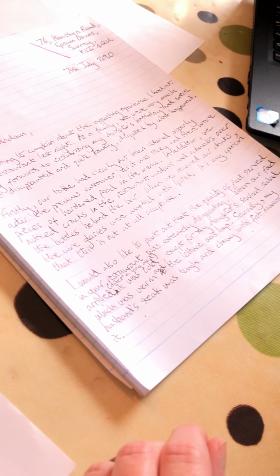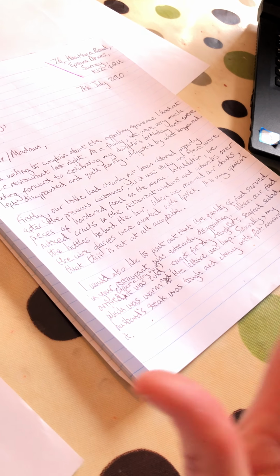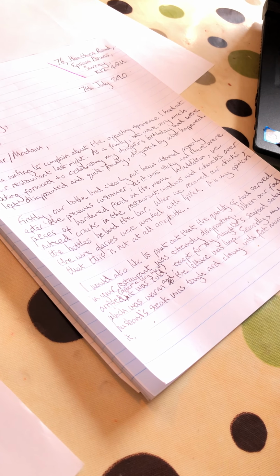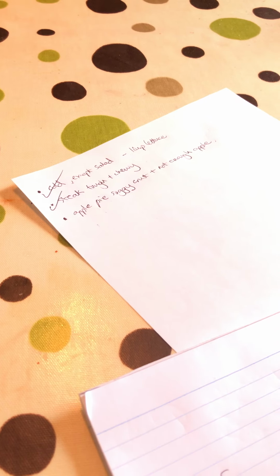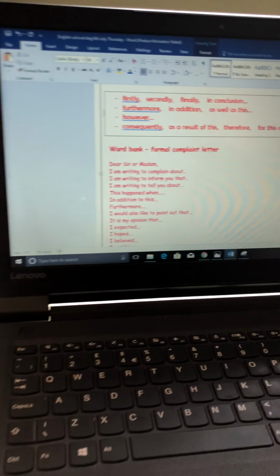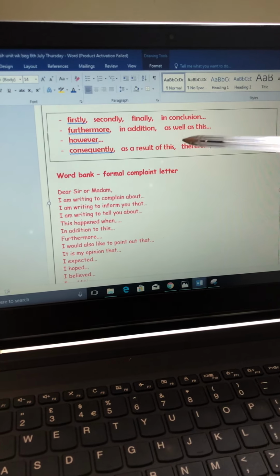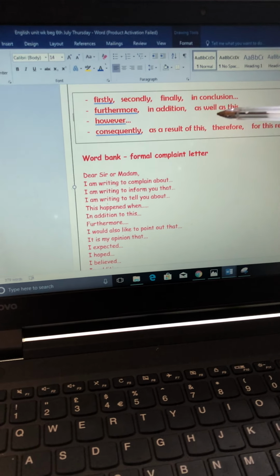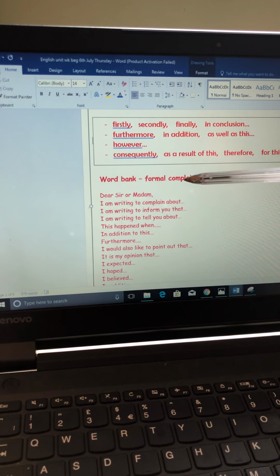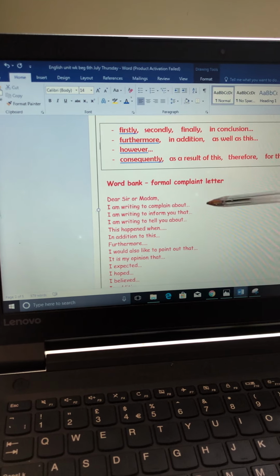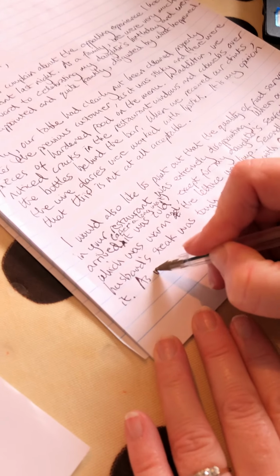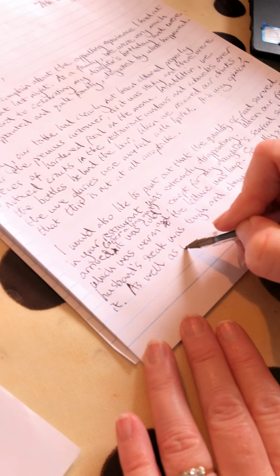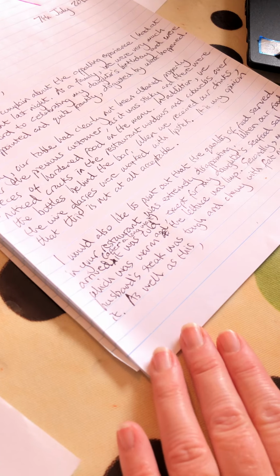So again, I don't want an "and", I don't want a "then". And it's to do with the apple pie. Let's go back to my help over here. In conclusion, no. In addition, I've already had furthermore. How about "as well as this"? Quite like that. As well as this, comma,